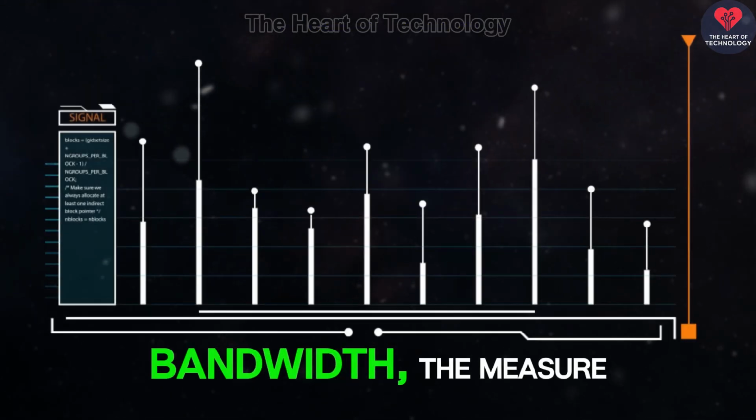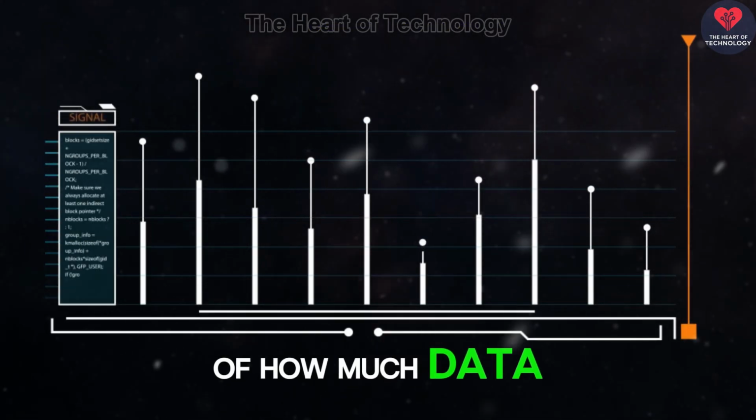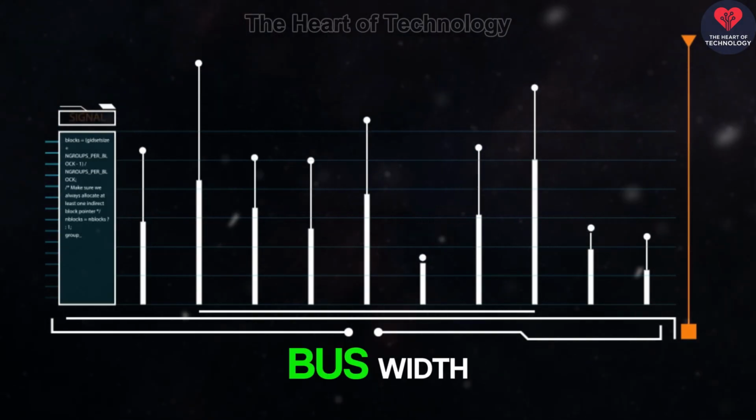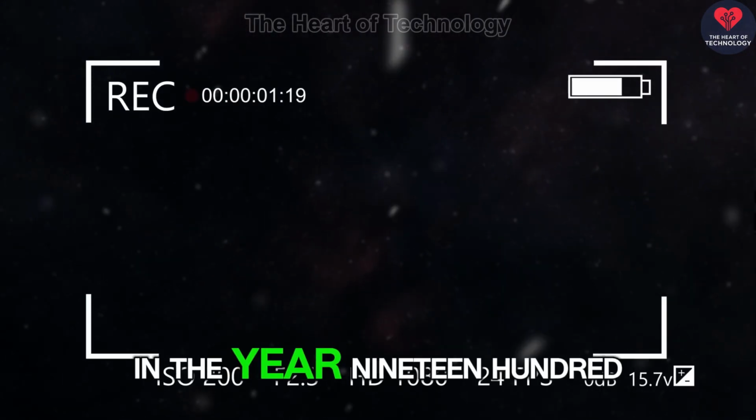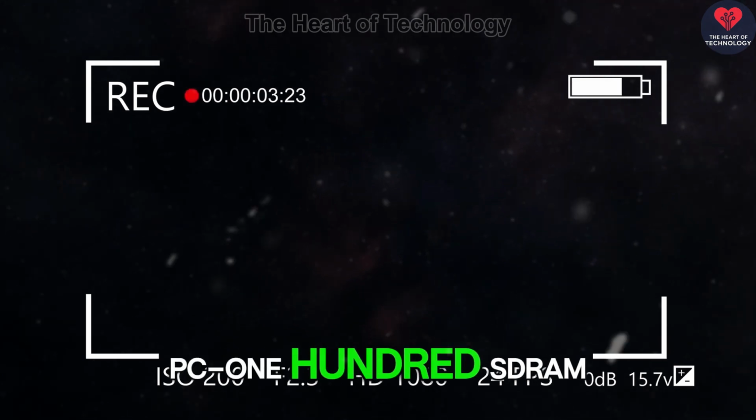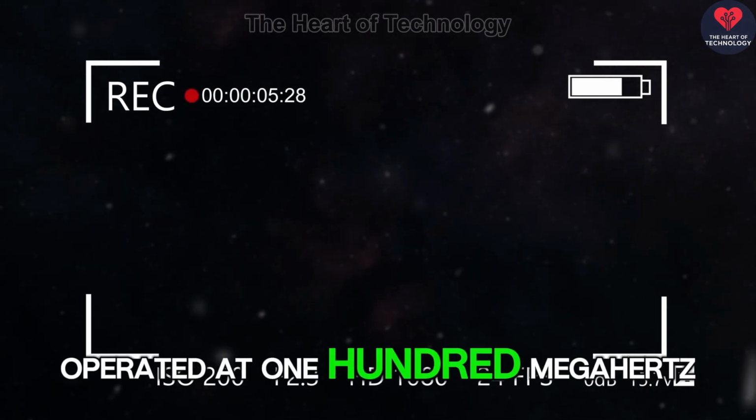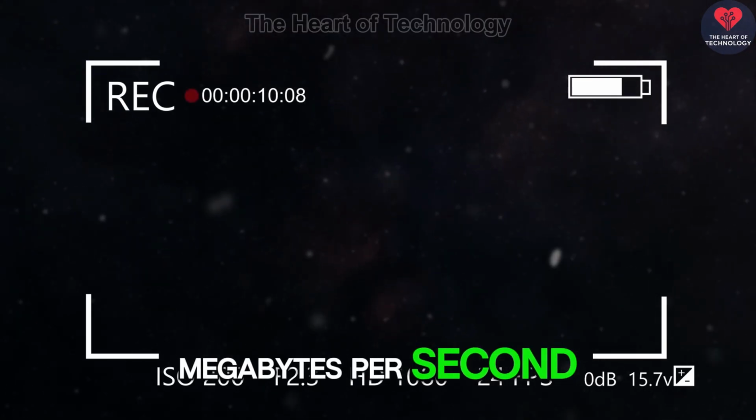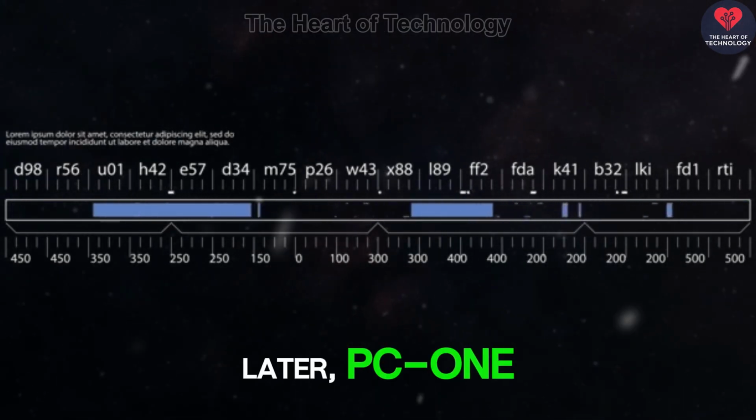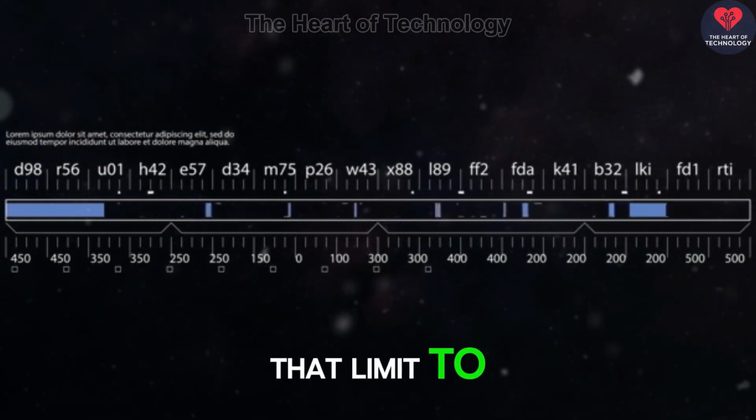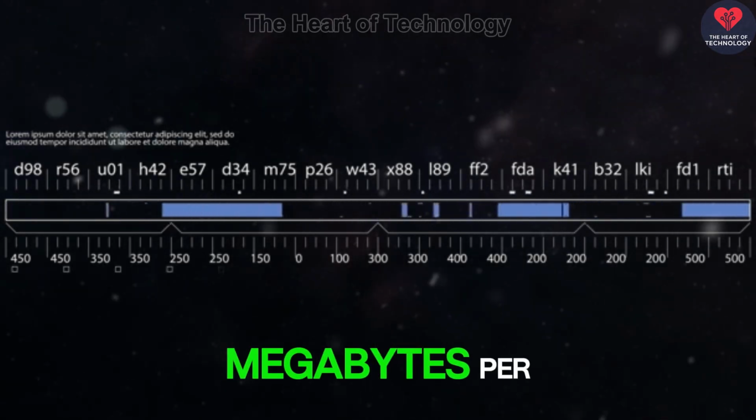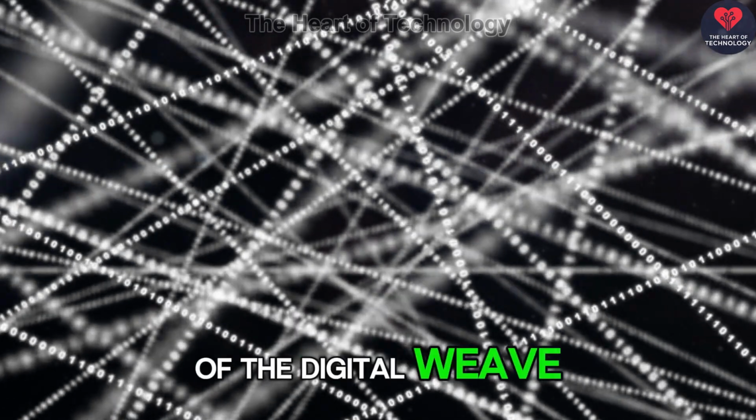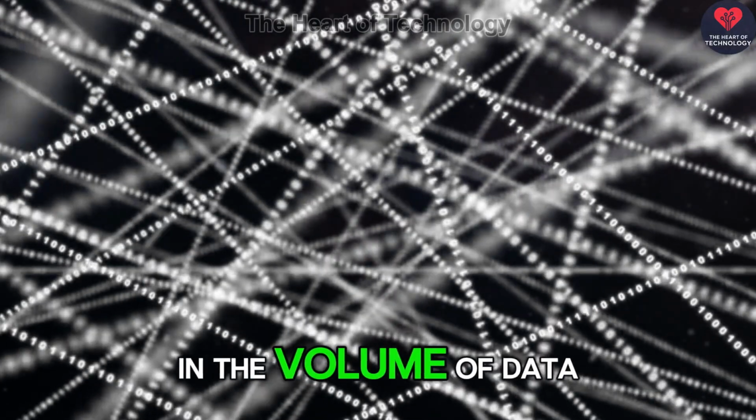a command. Bandwidth, the measure of how much data can move through the system, is calculated by multiplying the clock speed by the bus width. For instance, in the year 1998, PC100 SDRAM operated at 100 MHz, providing a bandwidth of 800 megabytes per second. Just a few years later, PC133 pushed that limit to approximately 1066 megabytes per second. These numbers represent the tightening of the digital weave, the gradual increase in the volume of data that could be